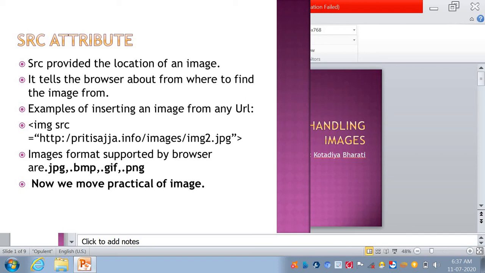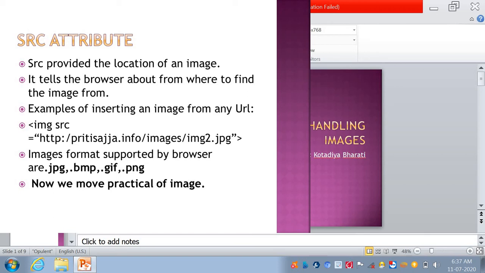Here is an example of inserting an image from any URL. URL means any browser files. The full form of URL is Uniform Resource Locator.